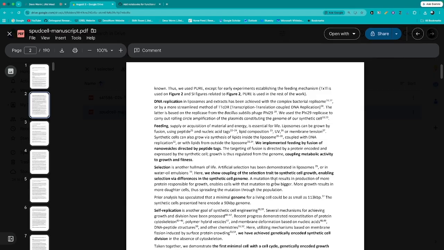Prior analysis has speculated that a minimal genome for a living cell could be as small as 113 kilobase pairs. The synthetic cells presented here encode a 90 kilobase pair genome. So this is based on prior work in creating minimal genomes. Minimal genomes typically are created by having a genome that is known to be functional. It's usually some wild type from, say, a bacterial